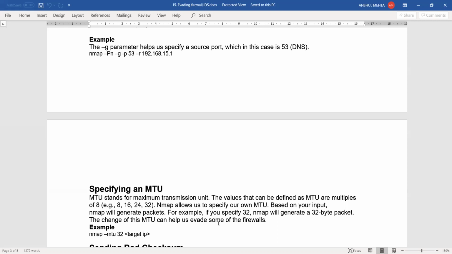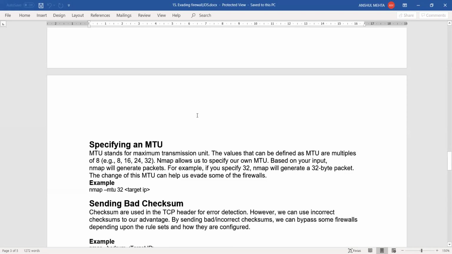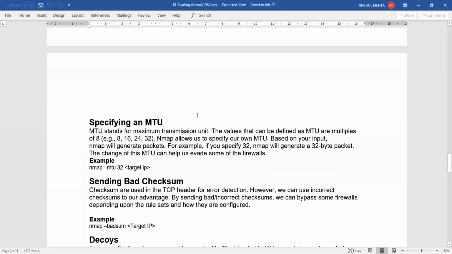So even that option Nmap is giving you. Sending bad checksum, and we're discussing all these things in Nmap because these are easy to do with Nmap. All of these commands are easy to run with Nmap. And the first thing that you do on a target with regards to the point where you're trying to bypass a firewall or an IDS is when you're running a scan.